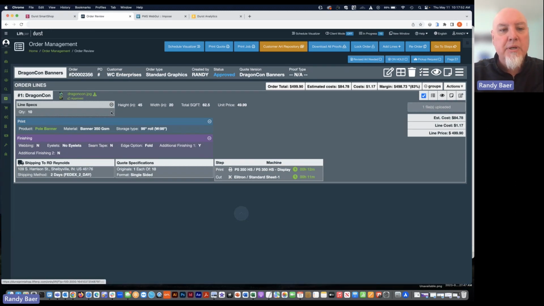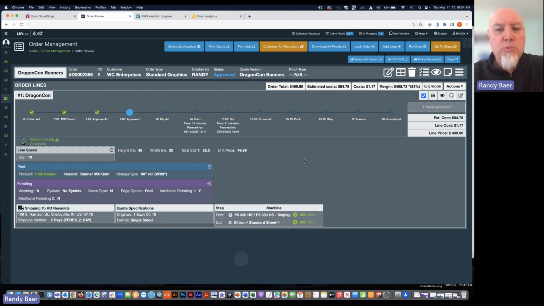It gives us everything. It tells us the quantity, specs, what our square footage is, what our unit price is. As the job moves through your production facility, costs will be applied. So you can apply labor costs, you can apply material costs, you can apply print machine costs. You have the ability to do all of that.